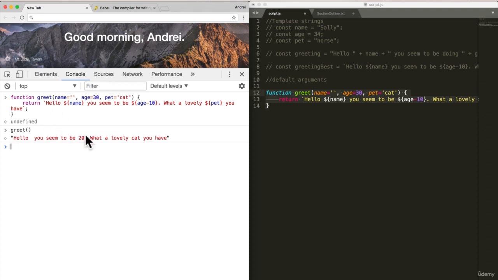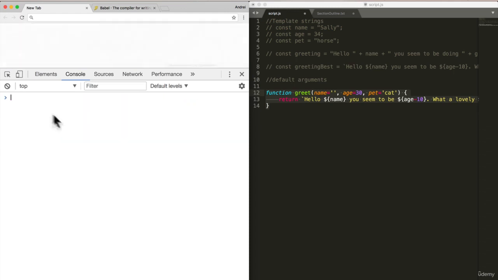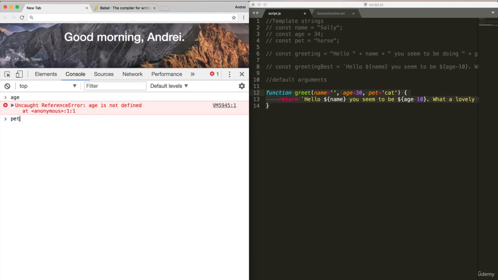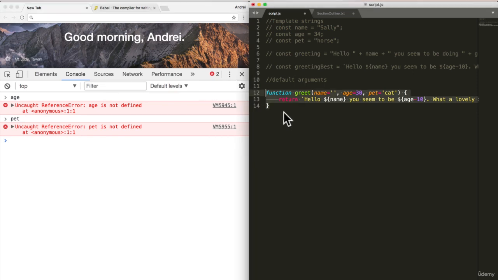Hello, you seem to be 20. What a lovely cat you have. Do you catch that? Even though our browser, and let me just refresh so you know for sure, has no idea what age or pet is. But if I run this function,